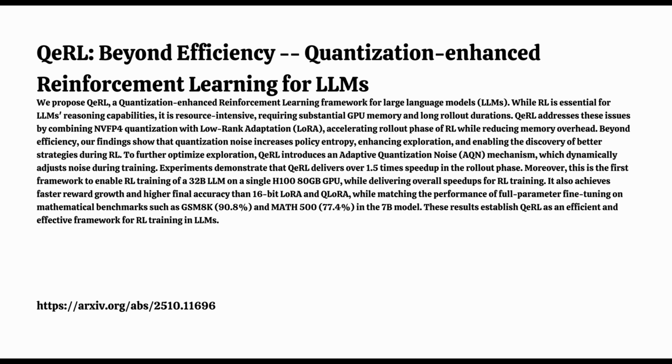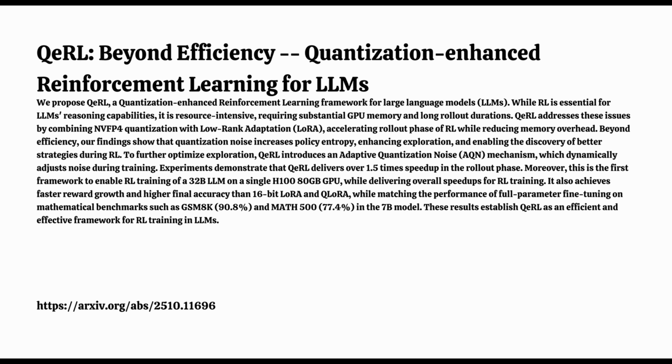Okay, so we've got the how. Now, the results. What did the experiments actually show? Did QeRL deliver on speed and accuracy compared to, say, regular LoRA or that slower QLoRA? The results reported are pretty impressive, showing gains on both fronts. For efficiency, QeRL was over 1.5 times faster in that critical rollout phase compared to standard LoRA. Over 1.5x. And for the really big models, the 14 billion and 32 billion parameter ones, that speedup was actually over 2x. End-to-end across the whole RL training process, it meant speedups of about 1.2x to 1.5x.